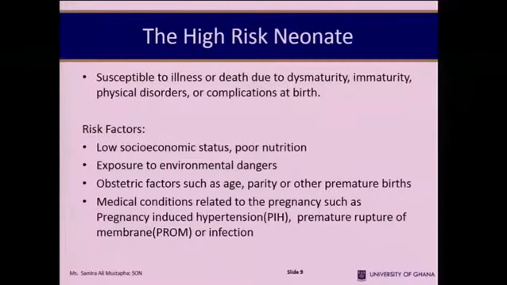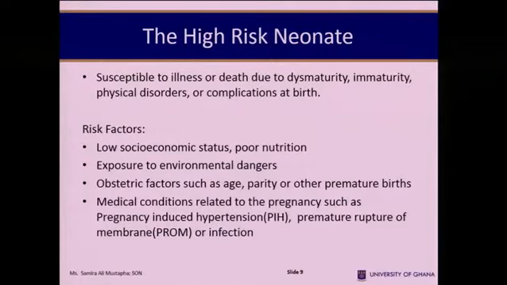And then certain medical conditions like hypertension, or in cases where the pregnancy induces the hypertension, or the mother ruptures membrane more than 18 hours before the delivery. It predisposes her to infection, and this also passes through the placental barrier, and the baby can be born with